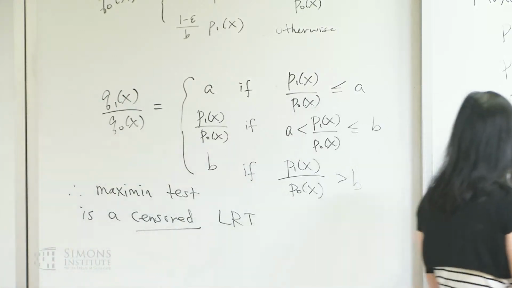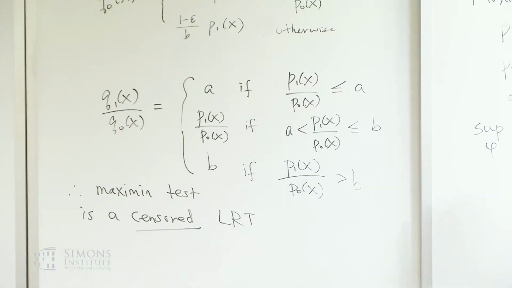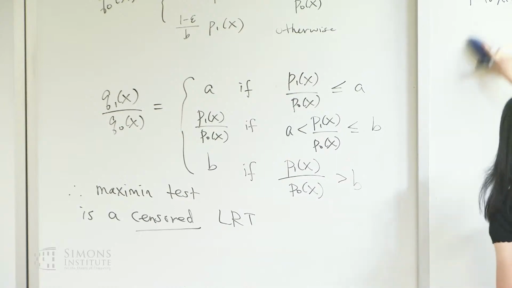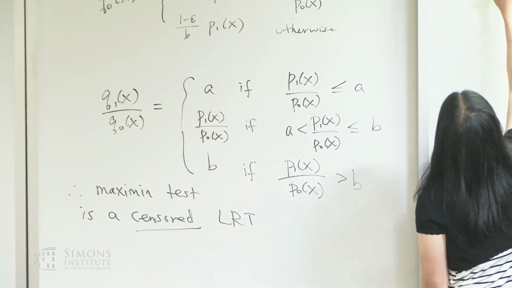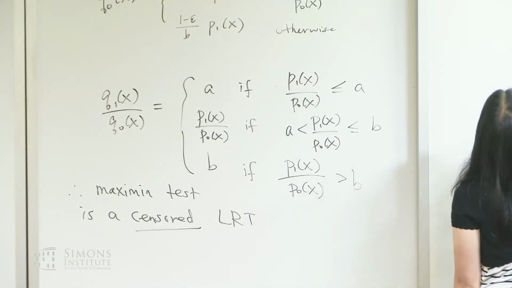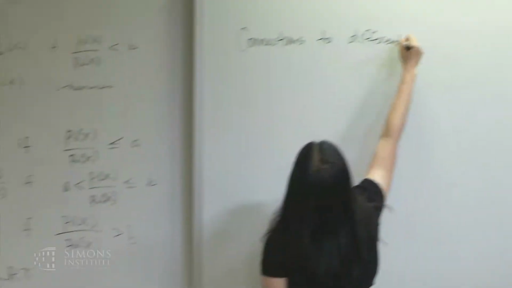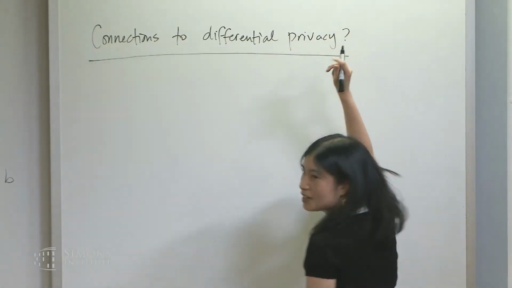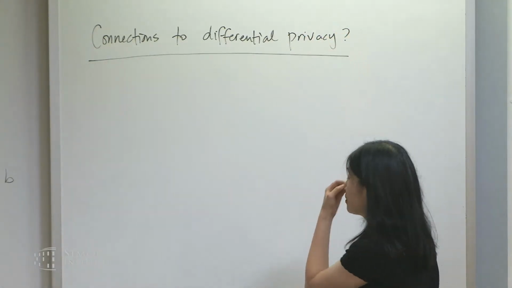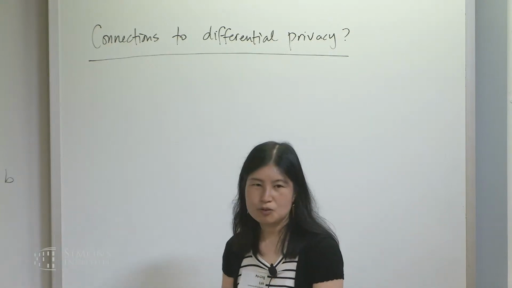Okay, so the last thing that I wanted to say, this is sort of a nice theory in itself, but conceptually there's some connection between this and privacy. So maybe just some comments on connections to differential privacy. Maybe I'll leave a question mark here. One very active area of research that many people, including myself, are working on is connections between robustness and privacy.